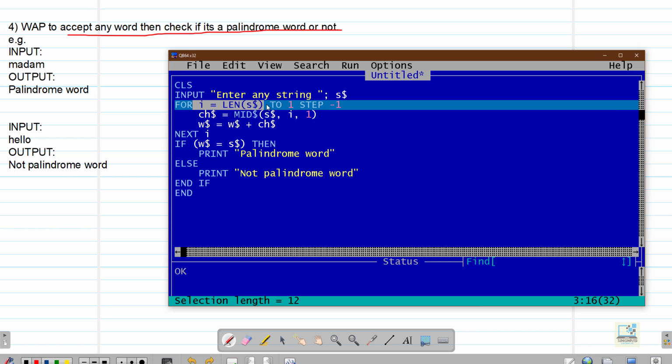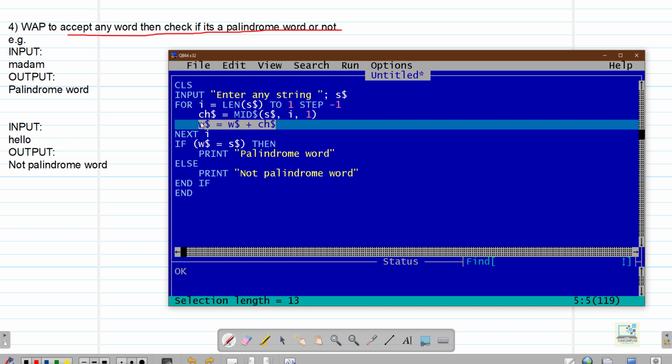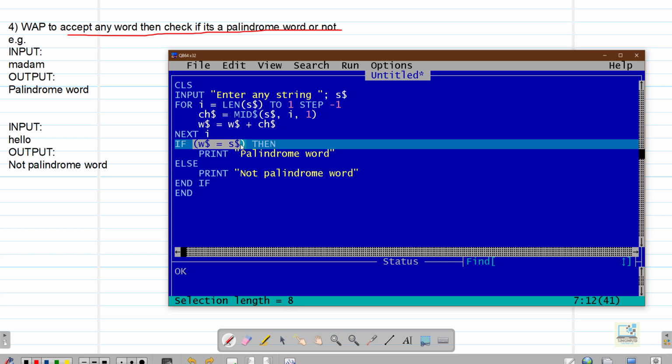So from 5 to 1, you end up taking out the 5th character first, then the 4th, then the 3rd, then the 2nd and 1, the first one, right? So when you append and form a new word, the new word will be reversed, right? If the reverse word is equal to the original word, then you can say it's a palindrome word. Otherwise it's not a palindrome word.